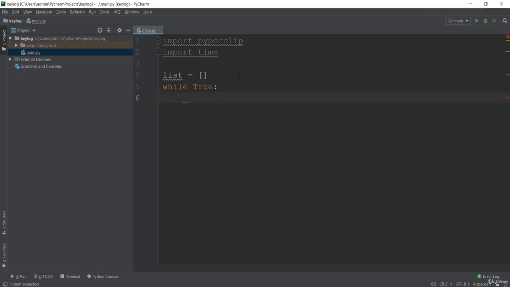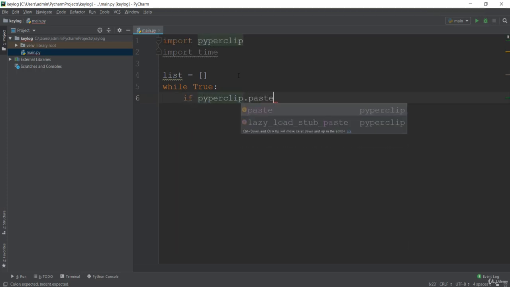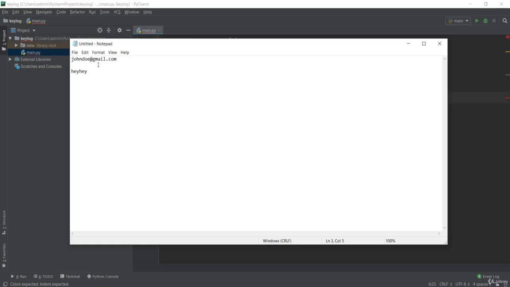Here we have to make use of pyperclip, and it is going to be paste. Paste is the method. We are going to first check whether the clipboard content is empty or not.